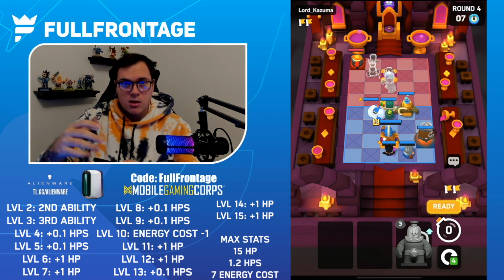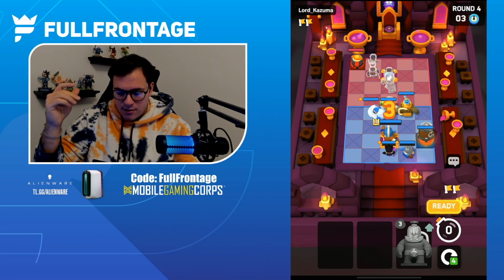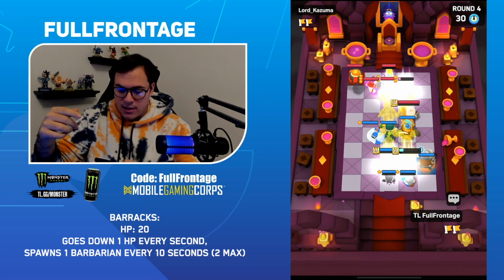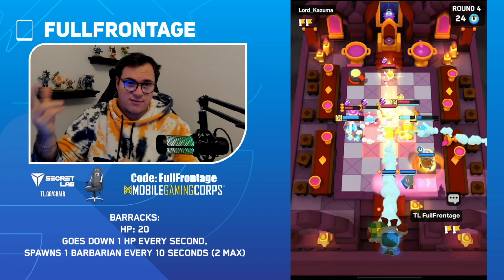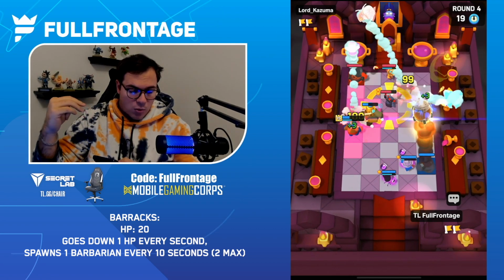Again, it's a brand new unit, so let me know what you think of that down in the comment section below. And then the 2 gizmos that I have, we have a Barracks, which will start with an HP of 20. It'll go down 1 HP every second, and it'll spawn 1 Barbarian, 0 stars, every 10 seconds. So it'll spawn a max of 2 Barbarians. I think this is a really interesting call for it, because